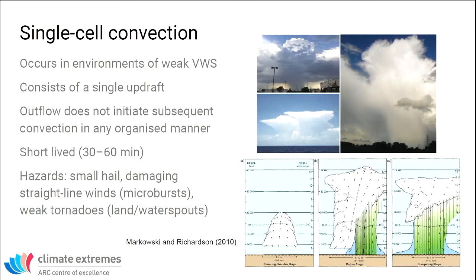First off, the most basic and probably least severe type of convection is single cell convection. It's sometimes referred to as pulse convection, and also as ordinary convection. This is very typical in places like the tropics where there's not a whole lot of wind shear about. In this case, you just have a single updraft. You don't get any kind of organized initiation of new convection,